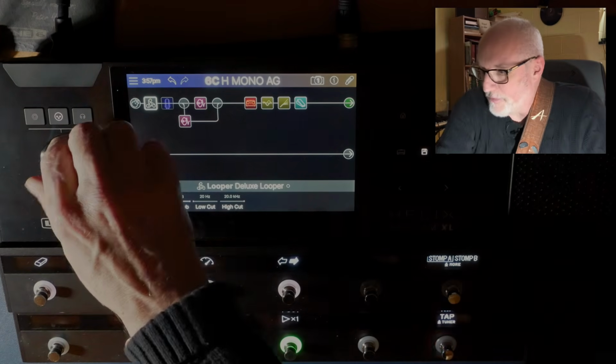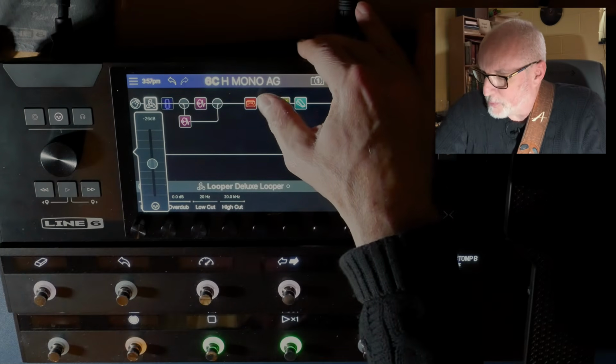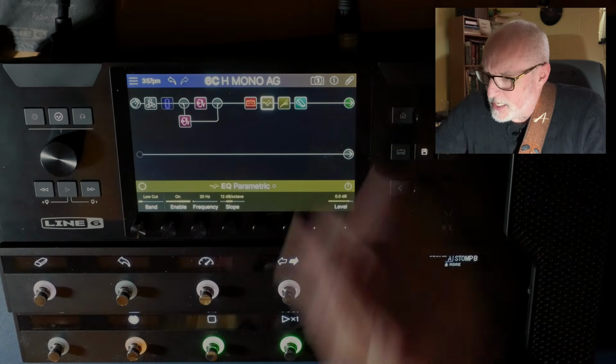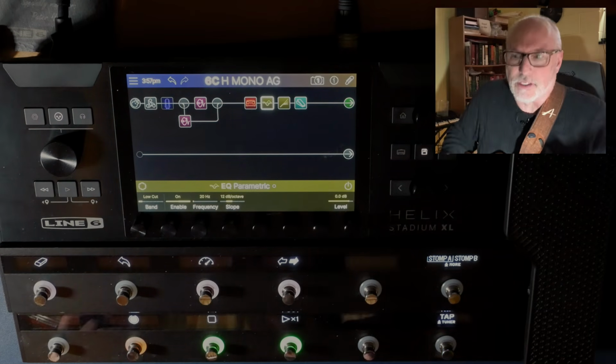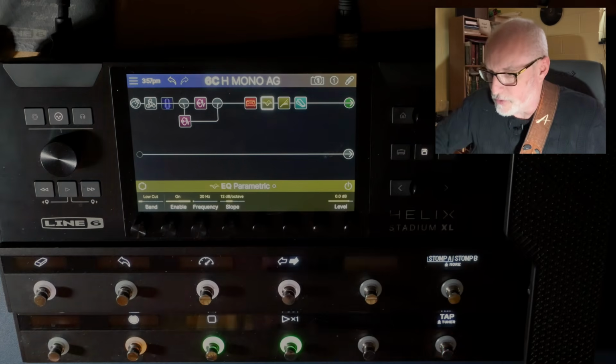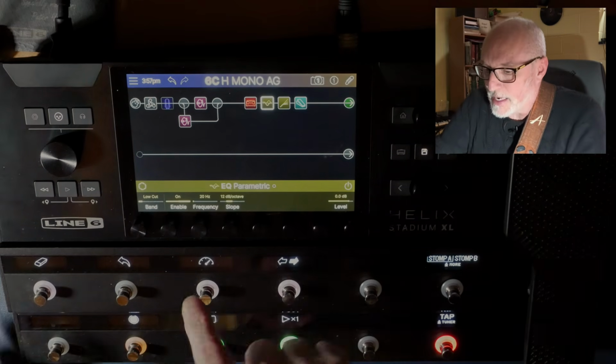Anyway, so I've got this thing playing, and the reason I have it playing is because I'm now going to mess with the parametric EQ, and rather than playing the guitar and turning knobs at the same time, I don't have to do that. So the first thing I'm going to do is I am actually going to engage the